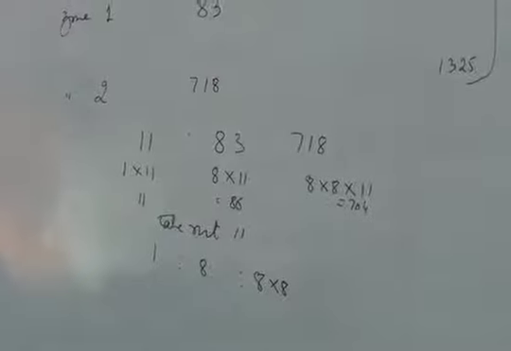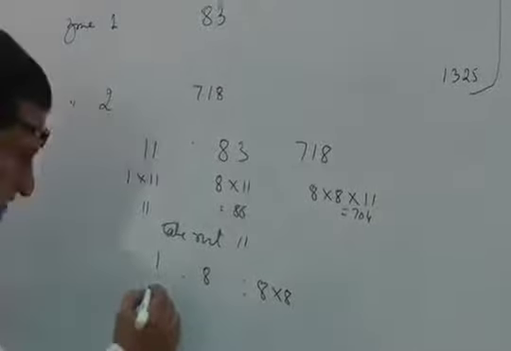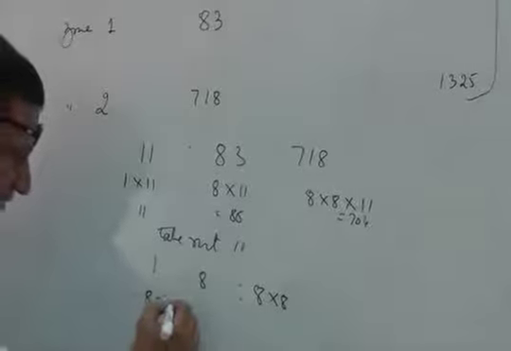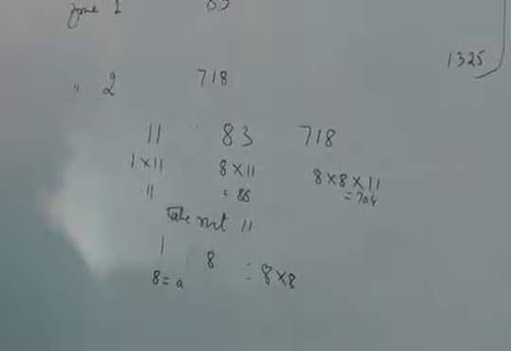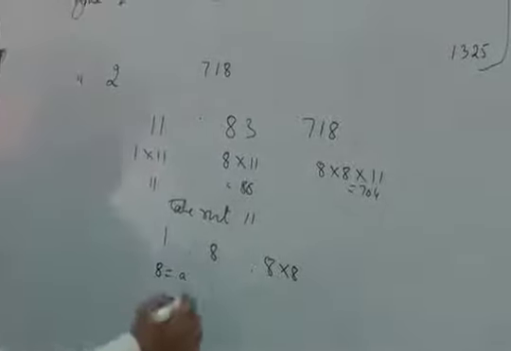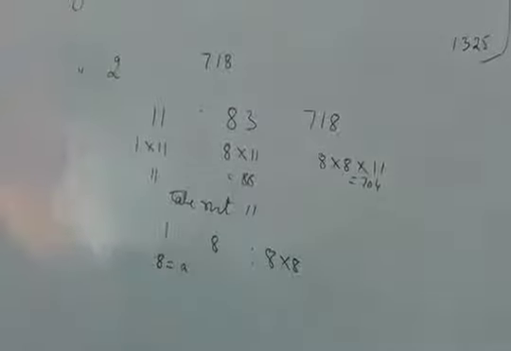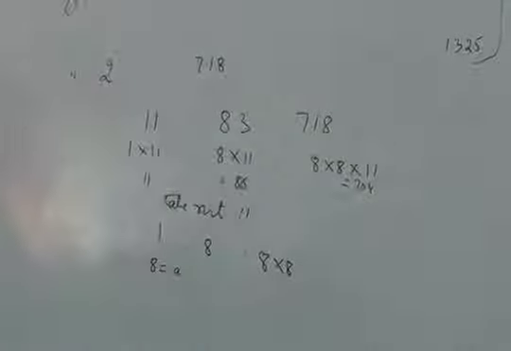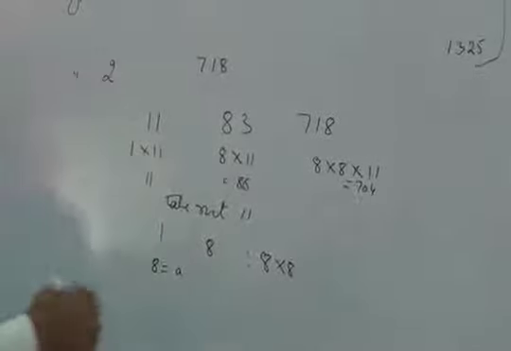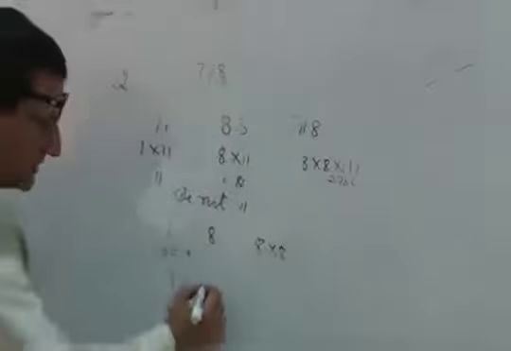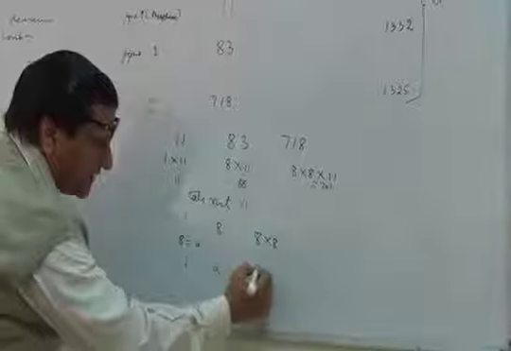If 8 is equal to A, then if you replace 8 by A, the equation will be 1 is to A is to A square,